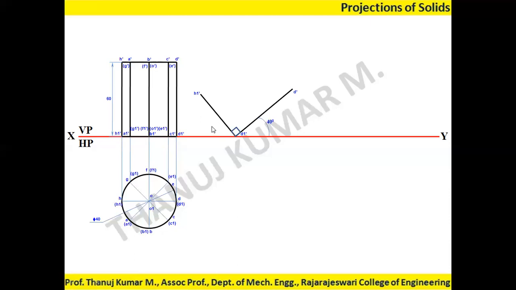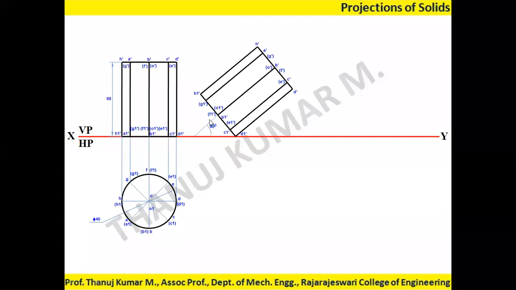After that, reconstruct step by step this way. Okay, we need to locate the points and reconstruct it. So at 40 degrees to HP, the axis is inclined. So this 40 degrees has to be given to the axis inclination, not to the edge. So we are shifting it to the axis inclination after you constructed the angled cylinder with respect to 40 degrees to HP, that is axis inclination.